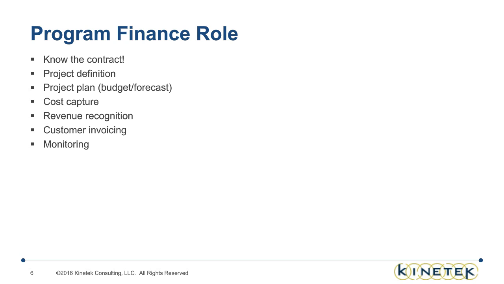We're being asked for our opinion, our concurrence, or our direction to define the project structures, the WBS, the revenue, the billing, and so forth, everything that we need to get the project up and running. We're being asked to provide budgets and forecasts for our programs. We're being tasked to review costs for accuracy, ensure that revenue is recognized properly, verify the customer invoice, and yes, even pull backup, as I've seen at various companies. And we need to continually monitor our programs to make adjustments or recommend course corrections if it looks like we're running out of money too quickly, or we won't otherwise meet our program finance obligations.